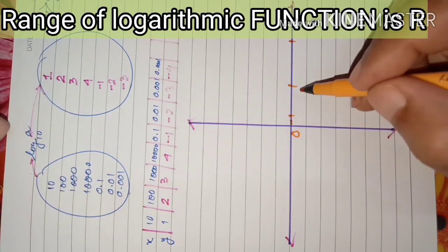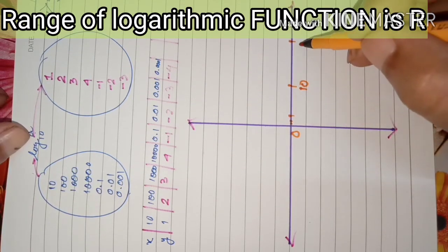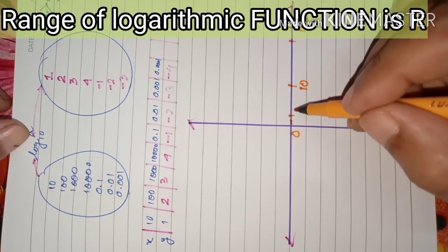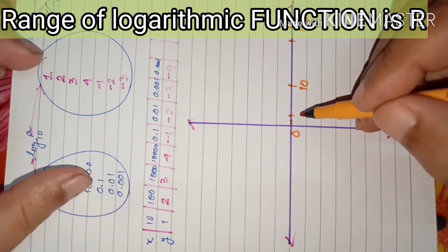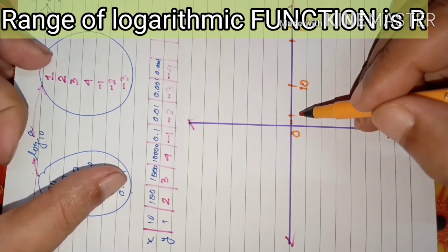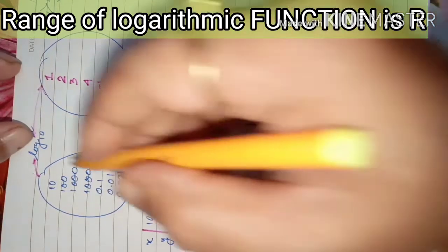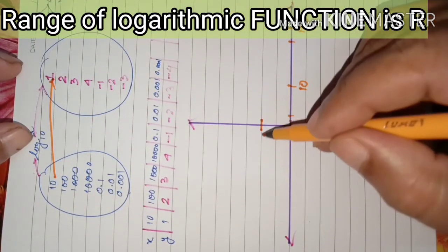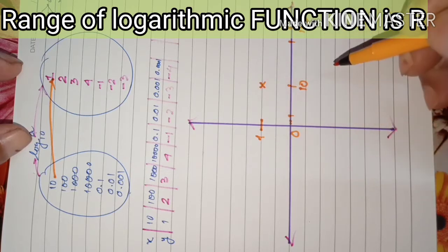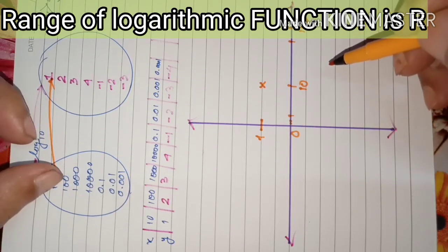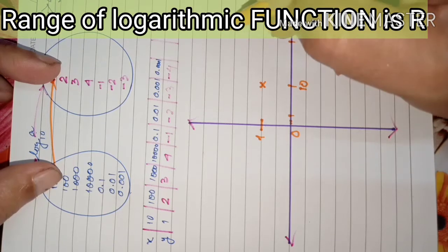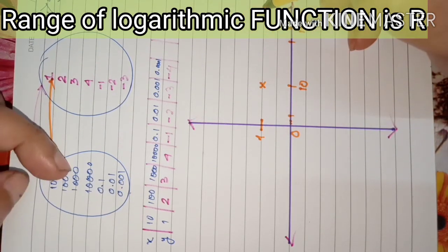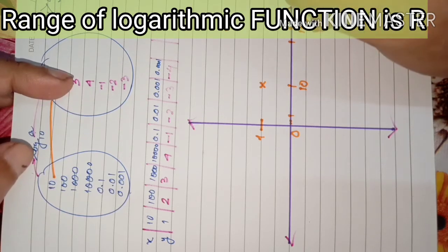So let us take it like this: 10 here, and then suppose 100 here somewhere, like this. And as you go very close to the x-axis, the values are decreasing: 0.1, 0.01, 0.001. Then the y value, just you see. When x equals 10, it is 1. Suppose 1 is here on the y-axis. So this is the point for 1. And when it is 100, then it is 2. It is going double the height here, that means it is here, suppose. Then when it is 1000, it is 3. Here, suppose.